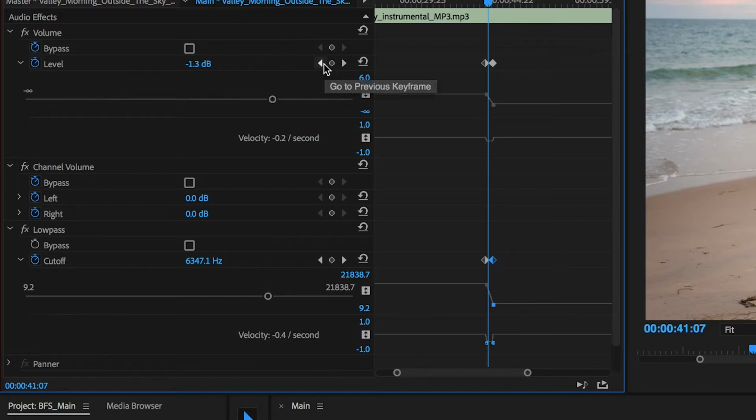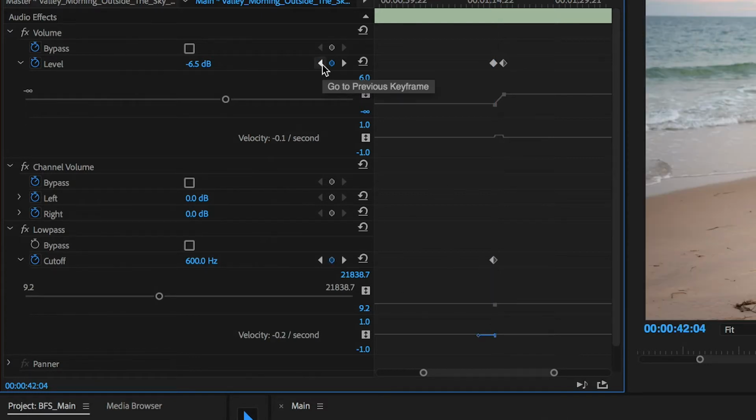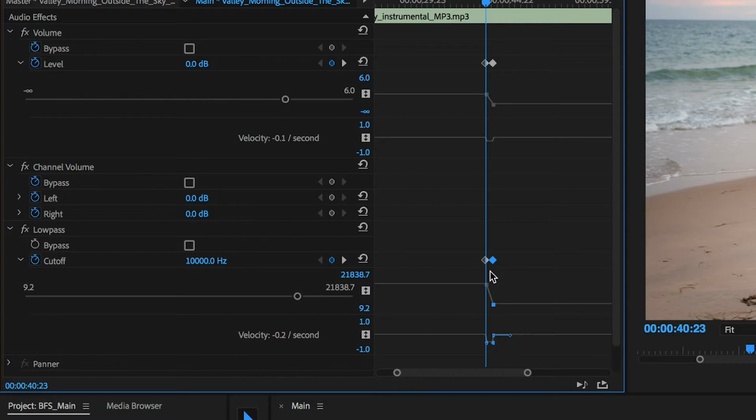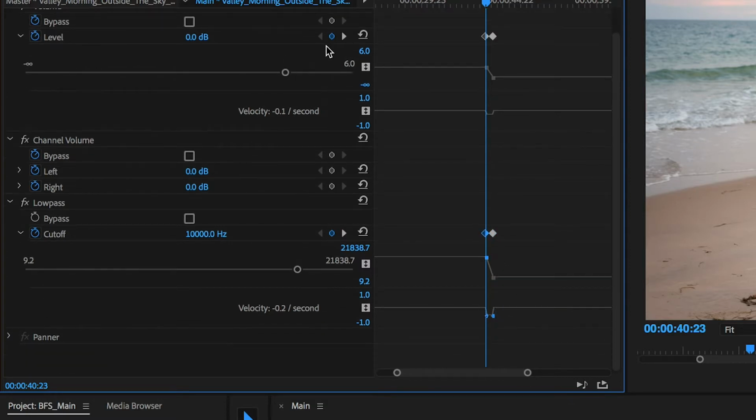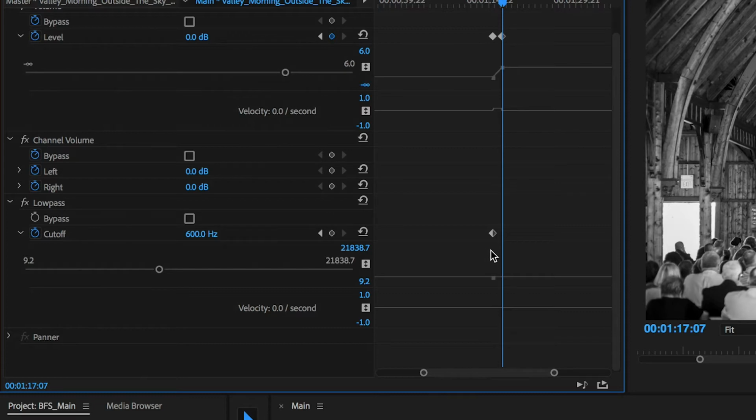So what I'm going to do here is click that second keyframe, press Command-C to copy, and then use my toggle arrows to go over to my next keyframe. This is where my audio starts going up. Again, I want my low pass to go from being super muffled to being completely clear again, so I'm going to paste that keyframe. I'm going to go back again and copy that outside keyframe, Command-C, and then use my arrows on my level adjustment to go over and up to there, and this is where our higher frequency keyframe is going to go.